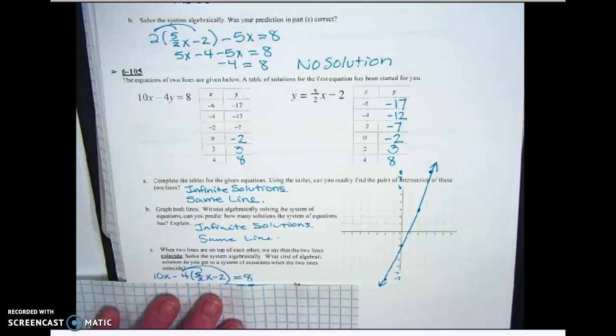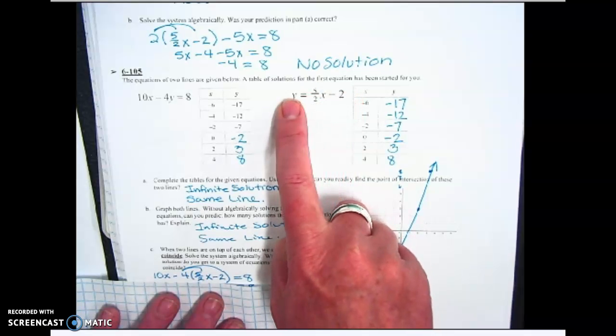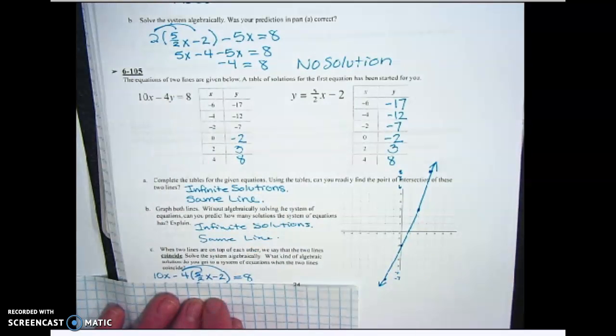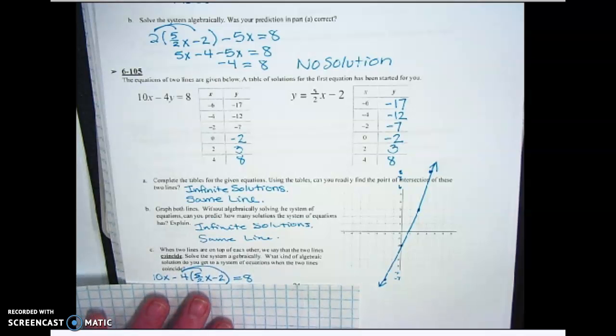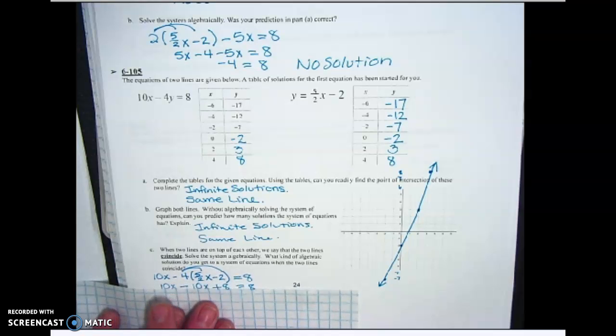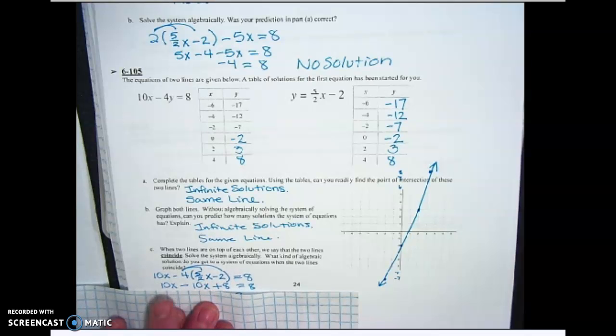Okay, so we're going to do the same thing we did up at the top. We're going to take this part of the equation, whatever the y is equal to, and we're going to substitute it into the other equation. So we're going to have 10x minus 4, and then instead of writing the y here, we're going to write 5/2 x minus 2 equals 8. You're going to draw your distributing rainbows, and then you're going to distribute. So bring down the 10x. And then negative 4 times 5/2 x is negative 10x. Already, can you see what is going to happen? 10x minus 10x is